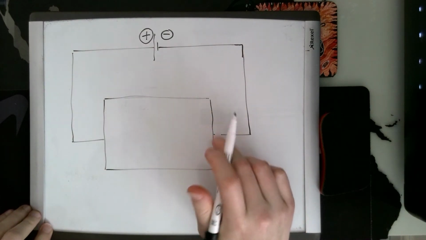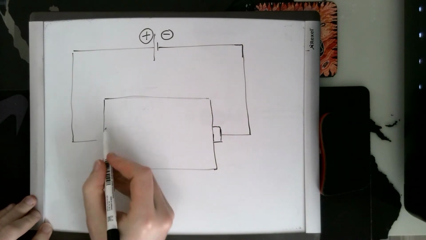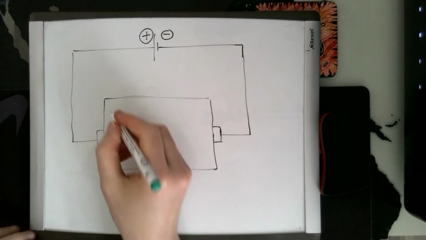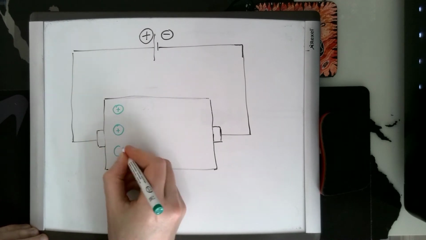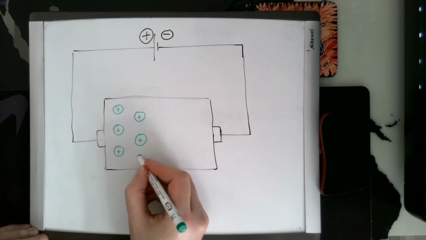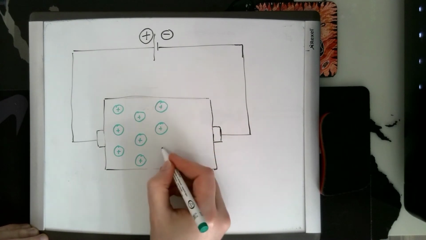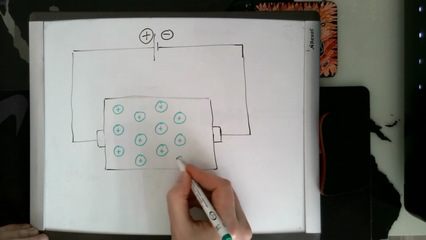Now, if we imagine that this wire is attached to our piece of metal, then we can see that the current will flow through it. Now inside of our metal, I'm going to colour them in green, we have got ions. And these ions are our atoms that have lost their free electrons. Because remember, those free electrons are now conducting around the circuit. Remember that those are the electrons that are in the outermost electronic shell. So here are all the ions,